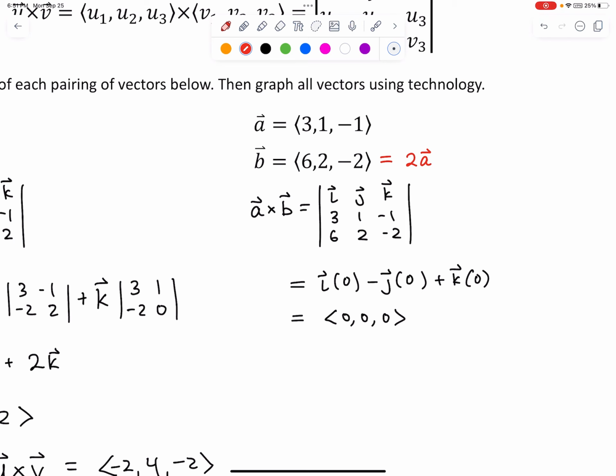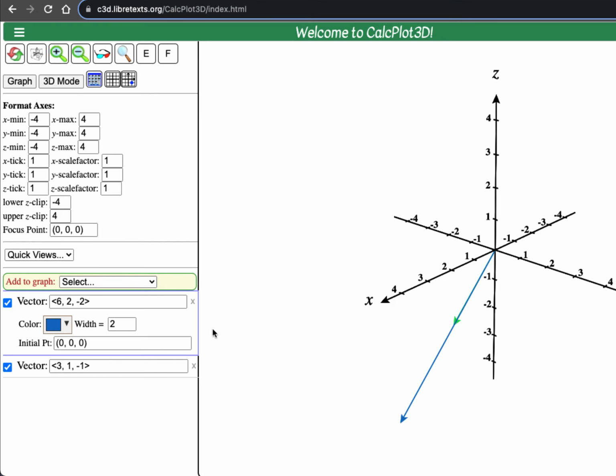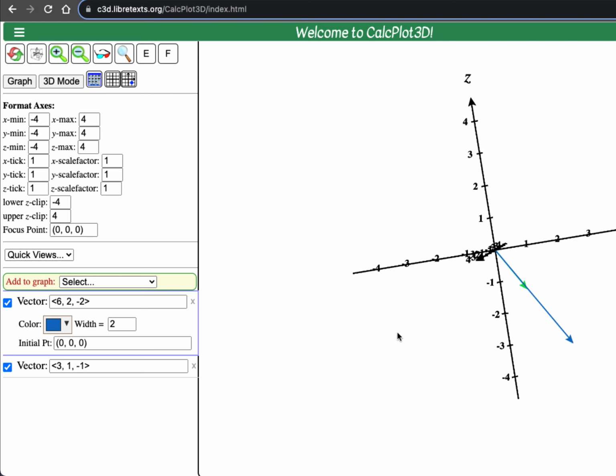Whenever you do a cross product of two vectors where one is simply a multiple of the other, you should get the 0 vector back. This is why up here, we say that the cross product of two 3D vectors that are not scalar multiples of each other will, in that case, produce another 3D vector that is perpendicular to both of the vectors in the cross product. Looking at technology, we have the two vectors given, a and b,